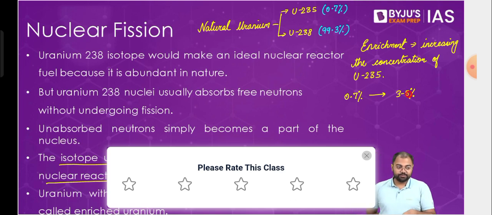So that is what enrichment is. Enrichment done in the right way gives electricity; done in the wrong way, an atom bomb. So that is what we mean by enrichment. So just remember these two basic concepts behind nuclear fission. One, the concept of critical mass and why critical mass is so critical, and then the process of enrichment, where we are trying to increase the concentration of uranium-235.